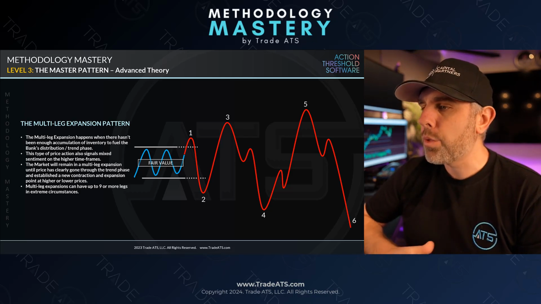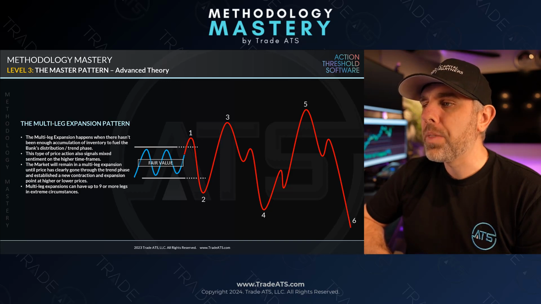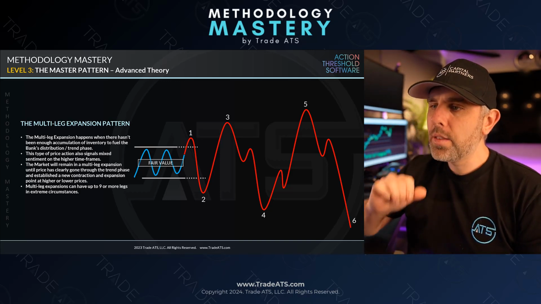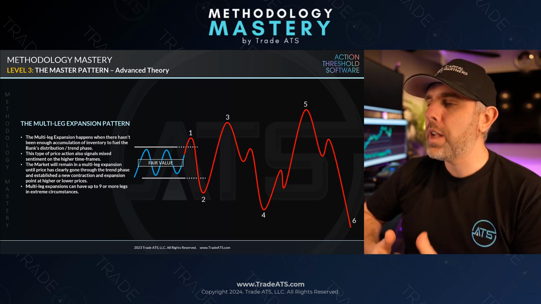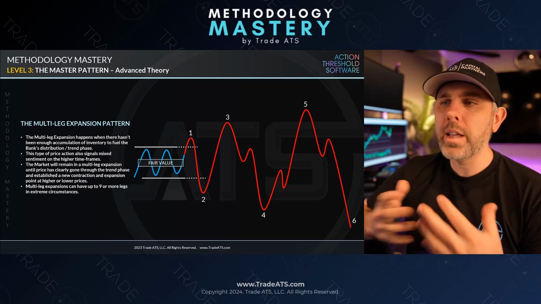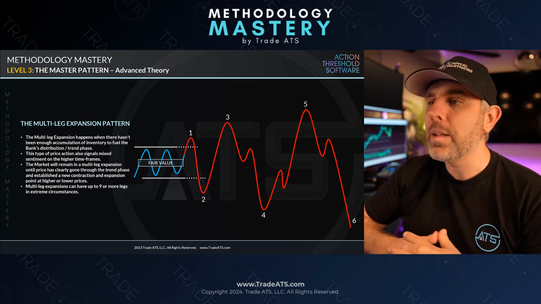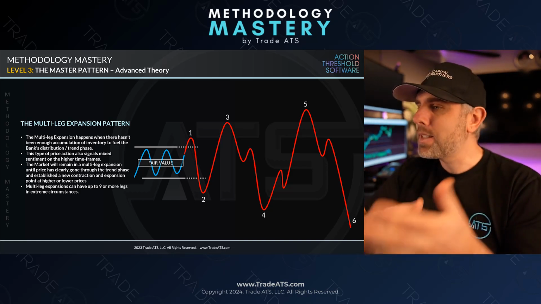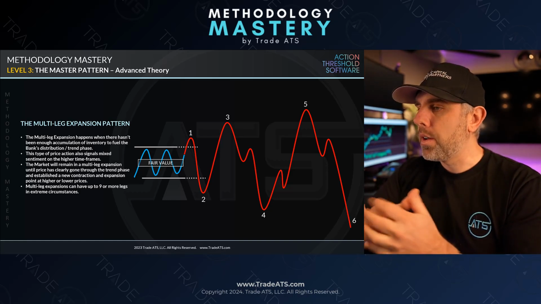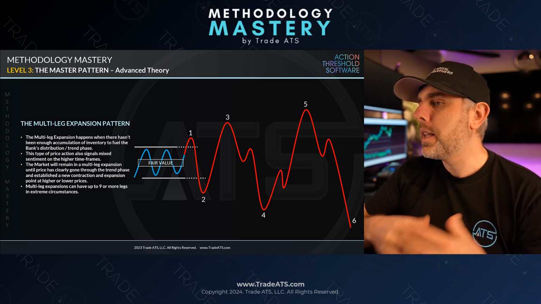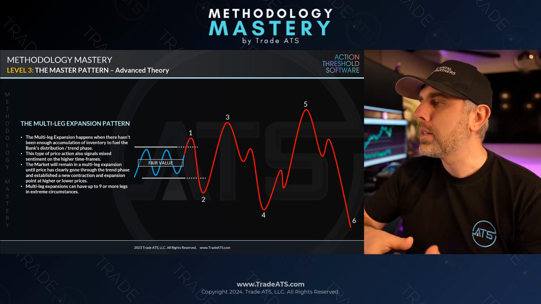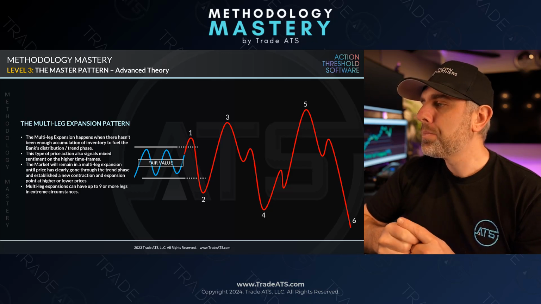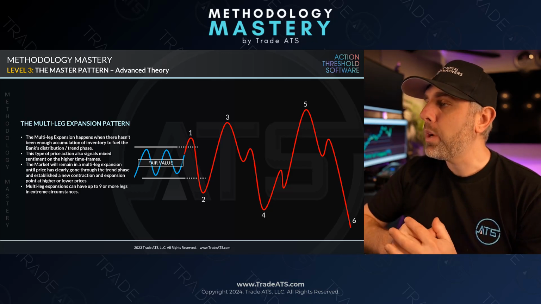Most of them are going to be in the 3, 4, 5 range, but they can go up. So the key to understanding the multi-leg expansion, when we apply this to, say, the basic strategy, meaning that we have price action that is happening like this, like we see in the example, is to apply, let's say, a short directional bias to this pattern. When you have 1 and 2, when you get to number 3 at the top of